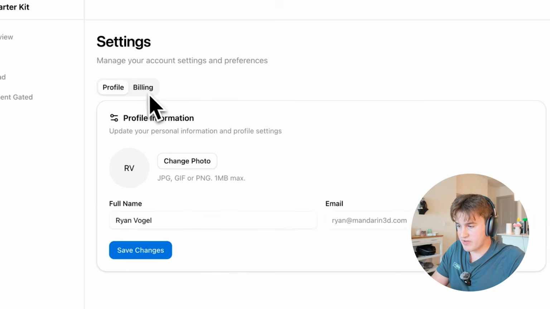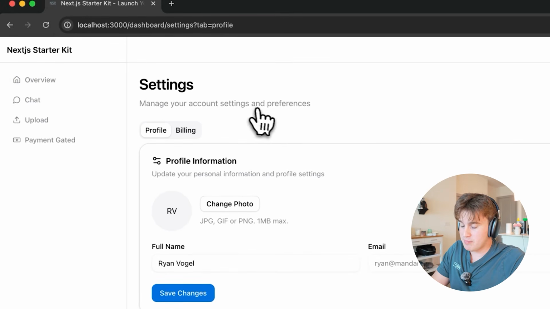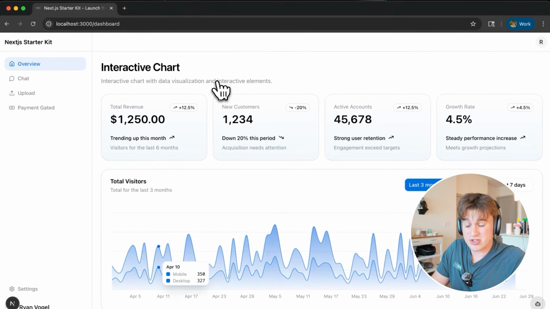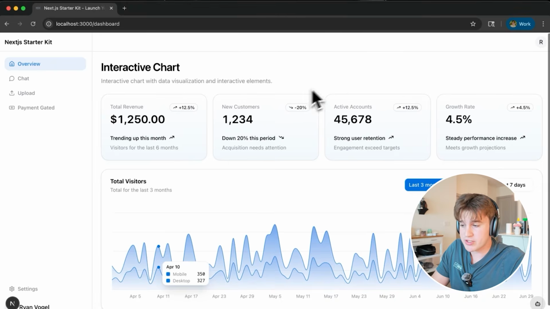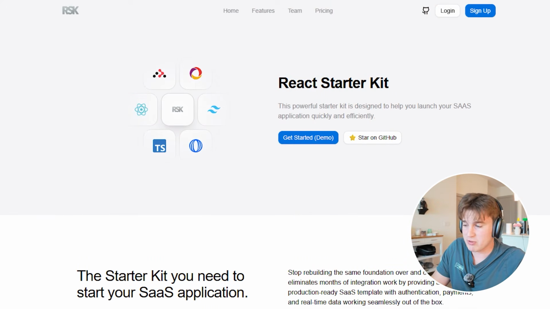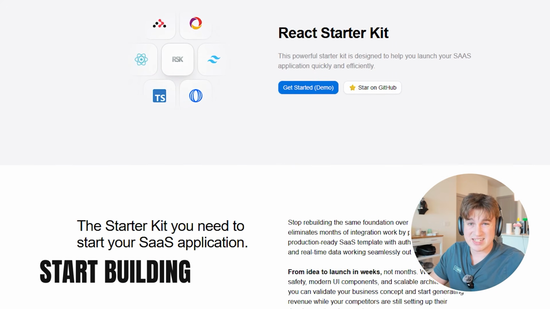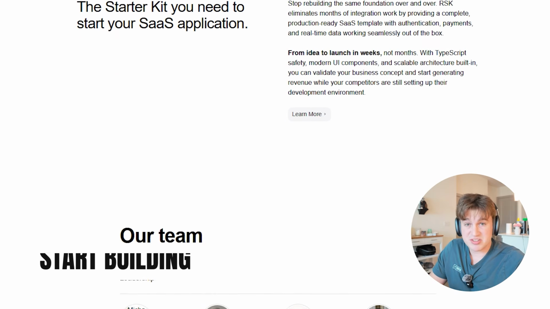Under settings, we've got access to the billing information, the profile information, so they could change their name, their photo, or whatnot. But basically, that's all that this starter kit has to offer. It's a pretty great starter kit if you just want to get your app off the ground. You can follow this guide to set up your environment variables, and then you can honestly just use AI for